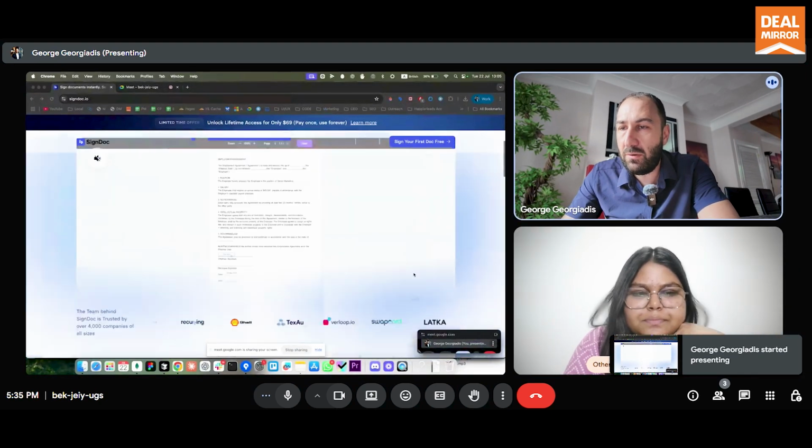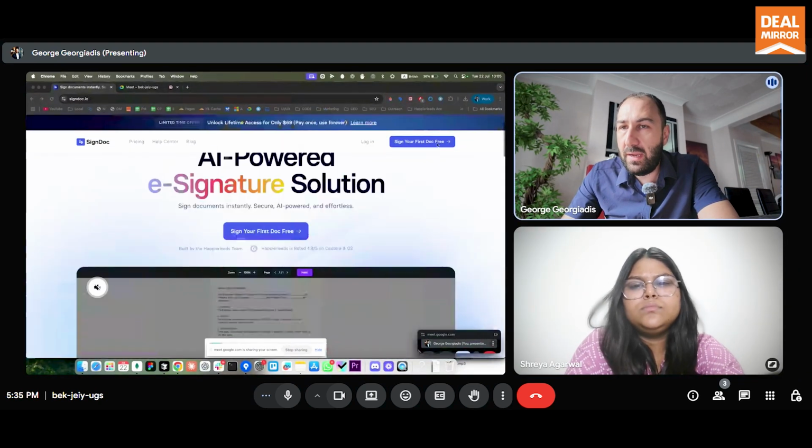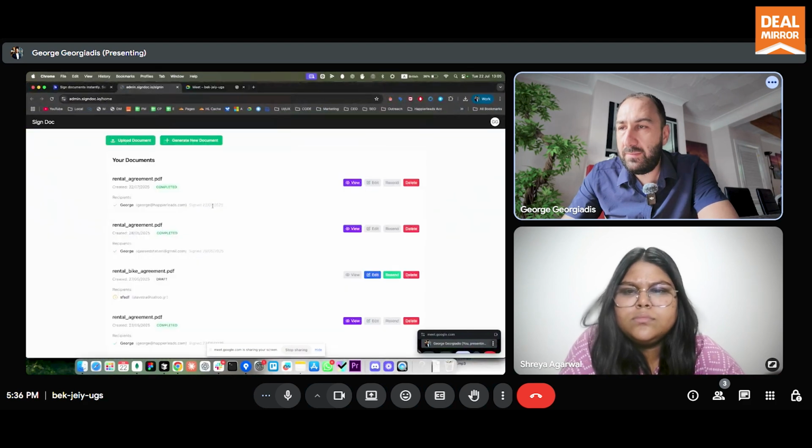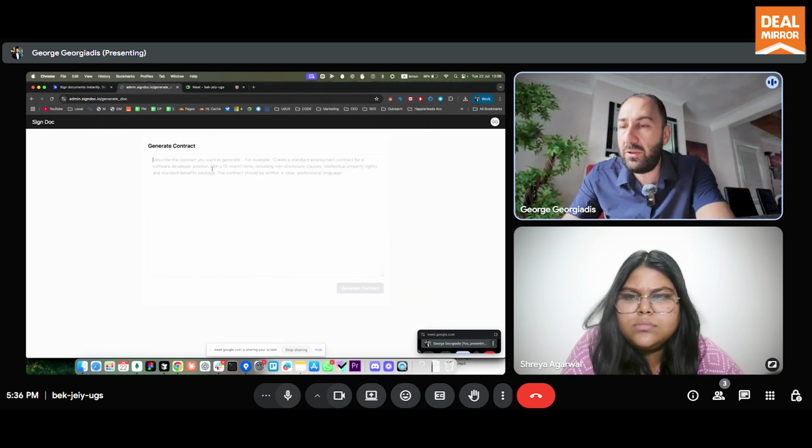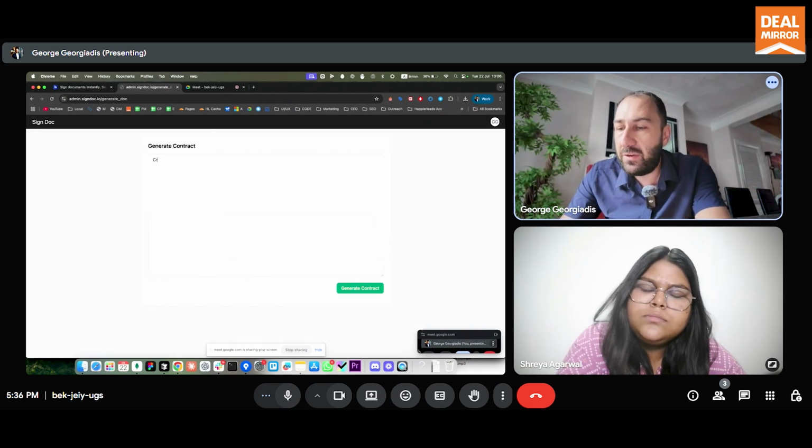So let's just go through this. I will try to log in, and then I will try to create. You can obviously upload the document if you already have one, but if you click this generate document, you can say something like, create a rental agreement